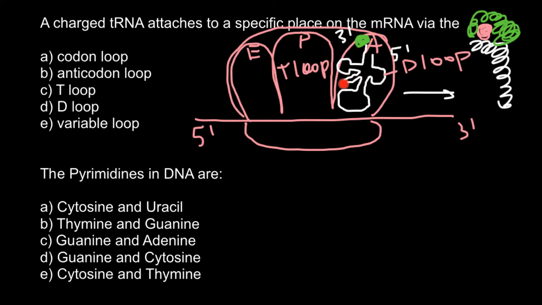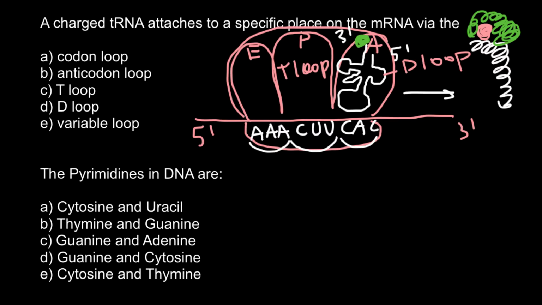This variable loop also varies. And on the messenger RNA, of course, we would find codons. For example, it can be A, or C, U, or C, A, C. As you see, all codons, in other words, we call them triplets, go in 3 bases,